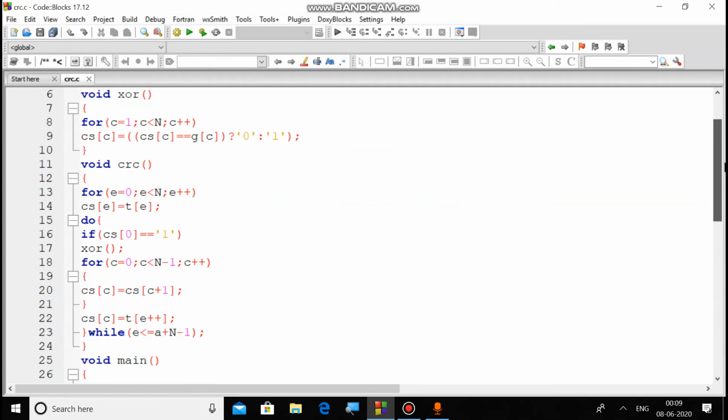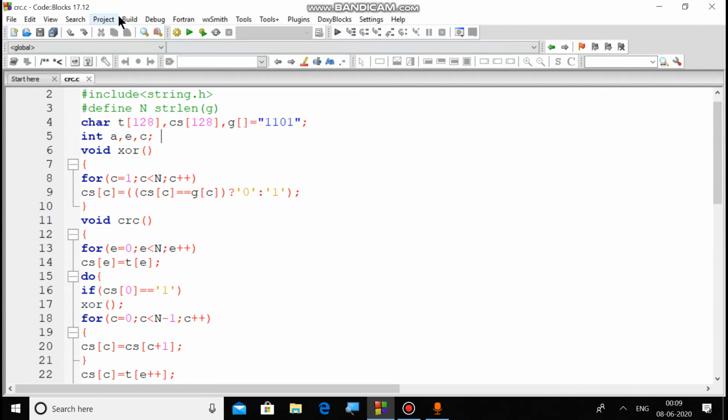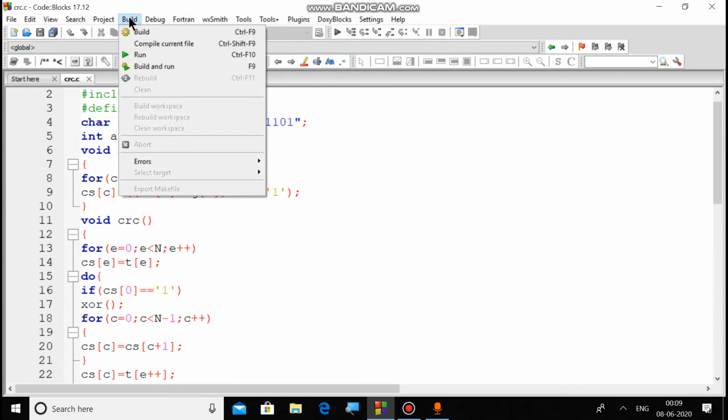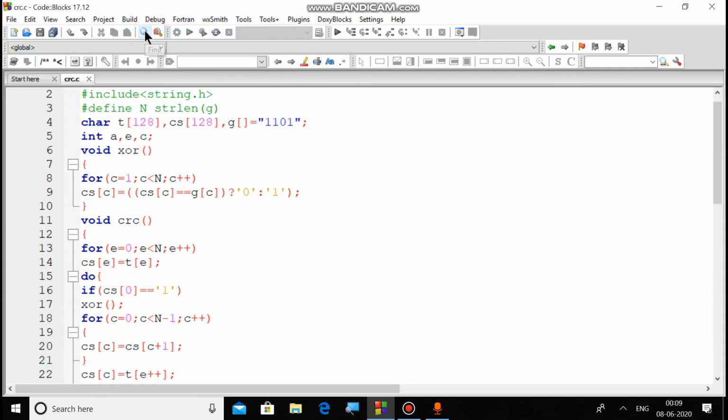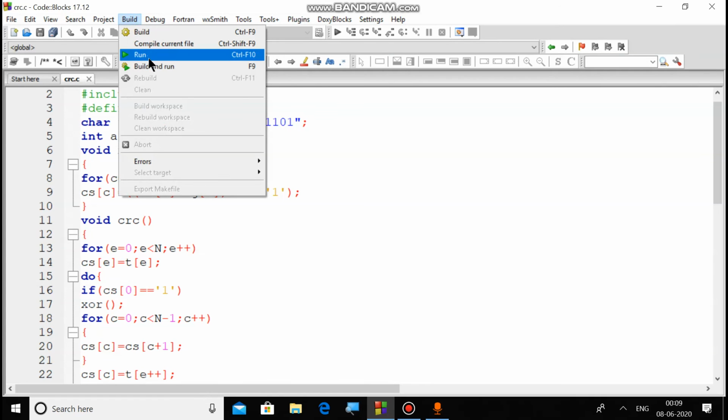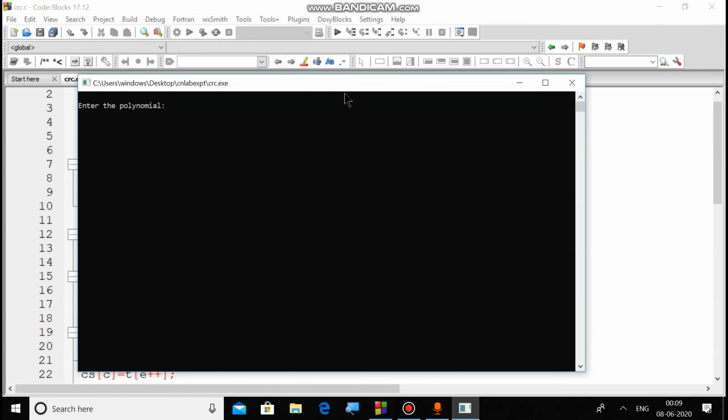Let us execute this one and we'll follow the procedure. First we'll build it: go to the build menu, select the build option, then again go to the build menu, run option. You'll get this window.